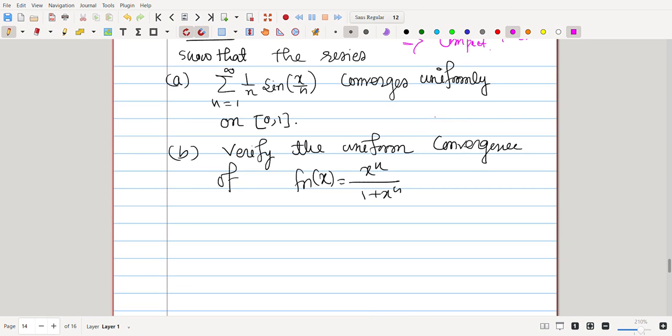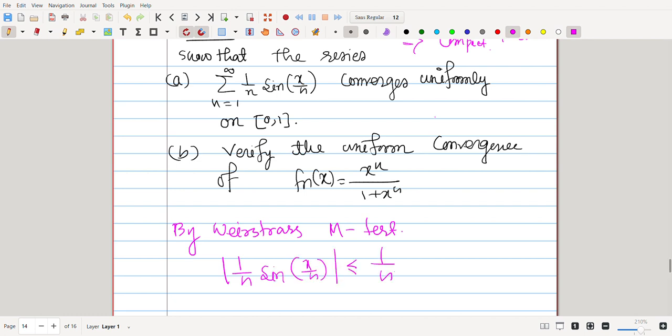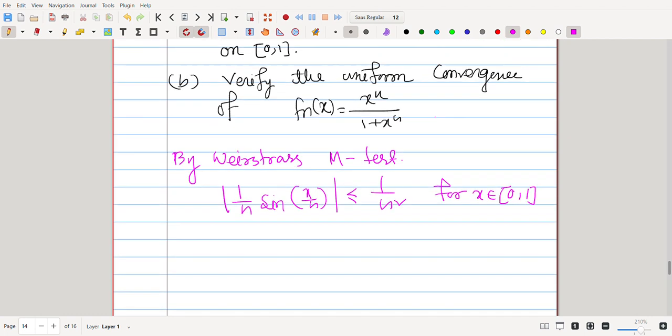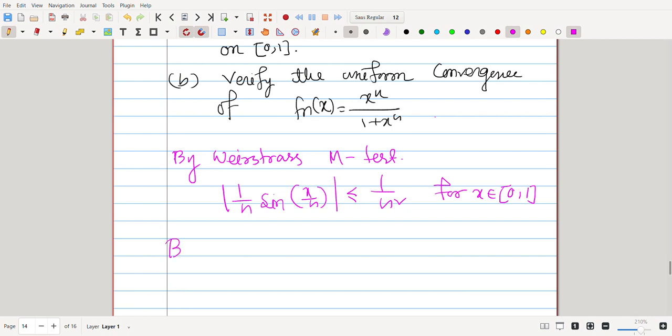Show that the series summation 1 by n sin x by n converges uniformly on 0 1. So by Weierstrass M test, mod of 1 by n sin x by n is less than or equal to 1 by n square for x belongs to 0 1. Right? So hence by M test, summation 1 by n square is convergent,